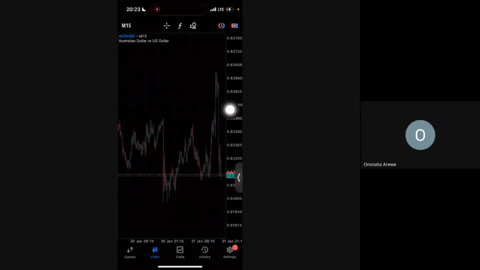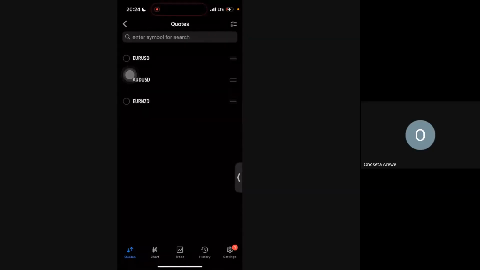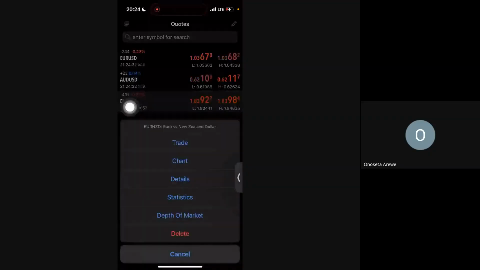Now, you may experience something like this. Just listen carefully. Our chart is showing AUD USD, right? When I want to delete pairs and I go to quotes and back to this area, you can see that AUD USD does not have an option for it to be deleted. Why? Because it's on the chart. Now, if I go back and change it to EUR NZD and click on chart,